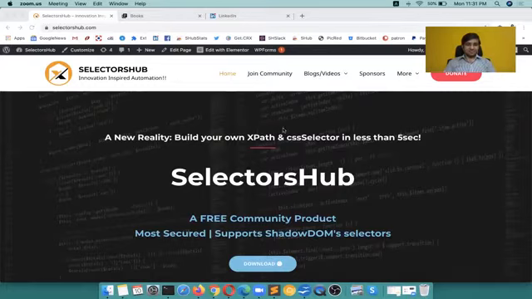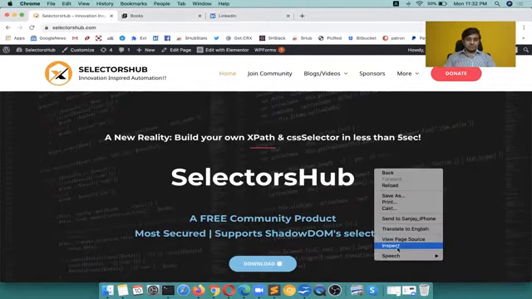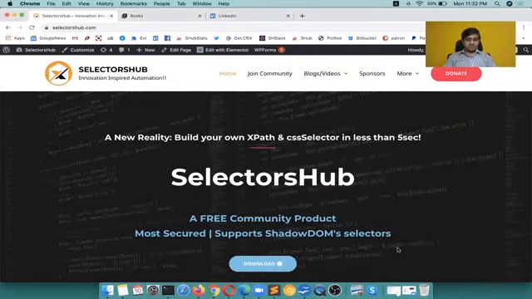So this is the new reality. SelectorsHub. Now you can build your own XPath in less than 5 seconds. Let me show you what is the magic behind this tool. So first, let me show you what the features are, and then I will show you how one can